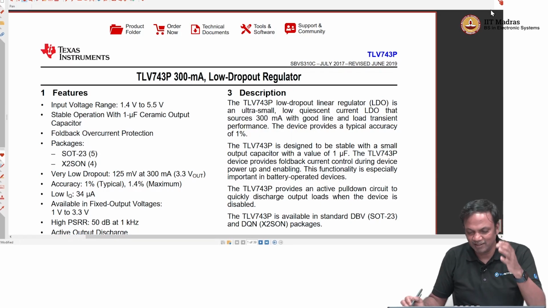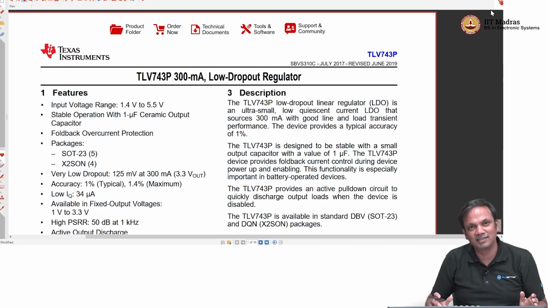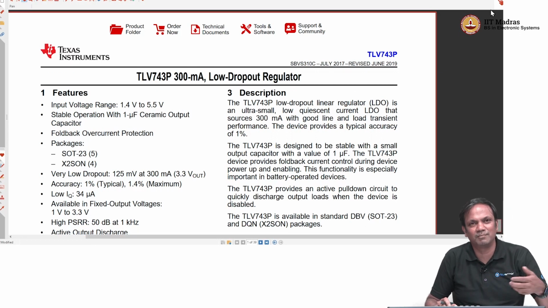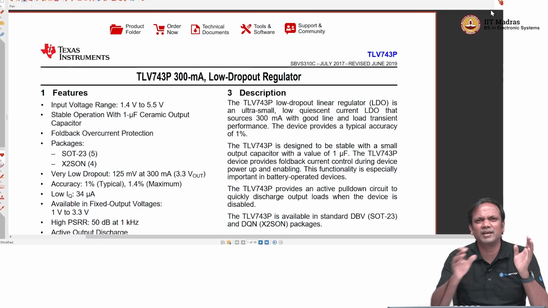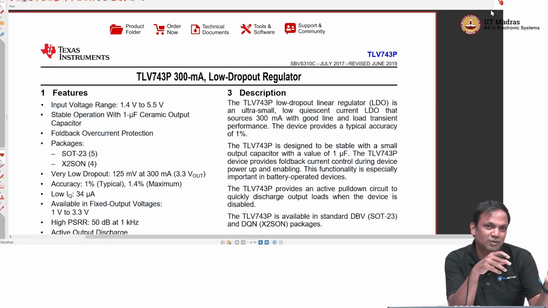But I did not go through every page. Maybe you should do that as an exercise, right. A good exercise would be to take any component. It can be a battery charger, an audio amplifier, a data converter, an LDO, and try to go through the complete data sheet to understand, okay, typically we look only at electrical specifications,